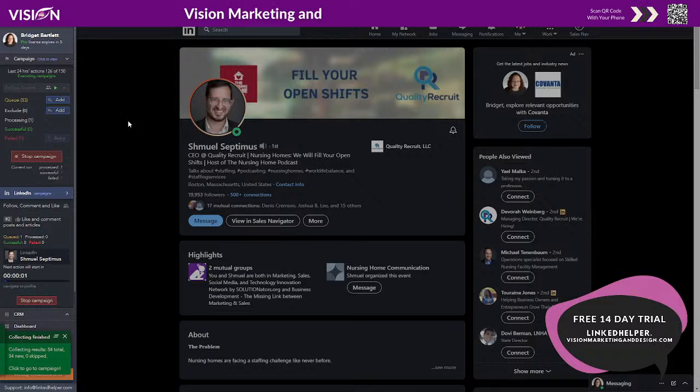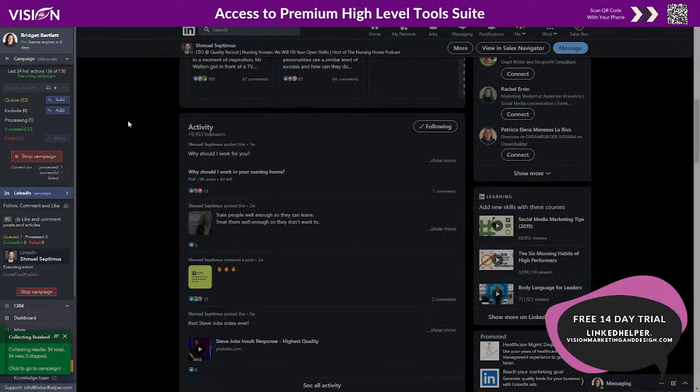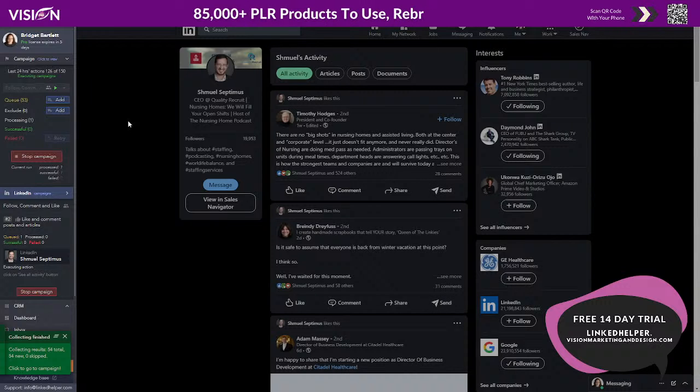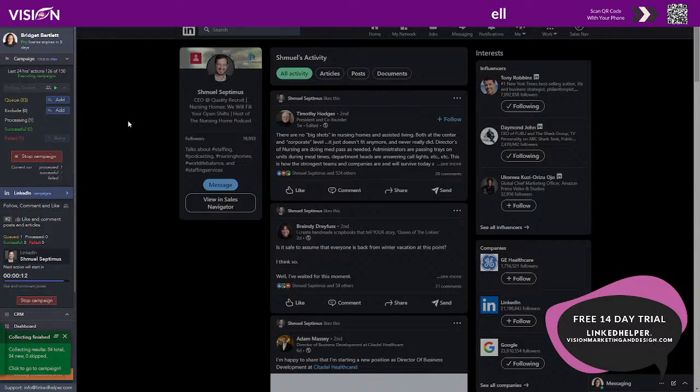I can't scroll down here because it's in the mode, but here in 0 seconds, now it's going to follow. It says click the see all activity button. So in 5, 4 seconds, it's going to actually do that for us. And again, I'm not doing any of this. So it scrolls down just like a real person would scroll down. And now it clicks the activity button. Now in 12, 11 seconds, it says it's going to like and comment on a post.